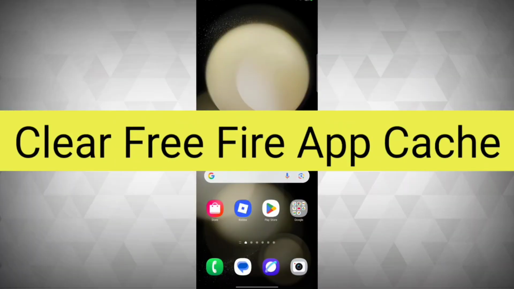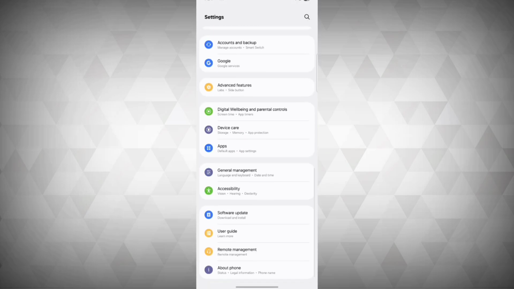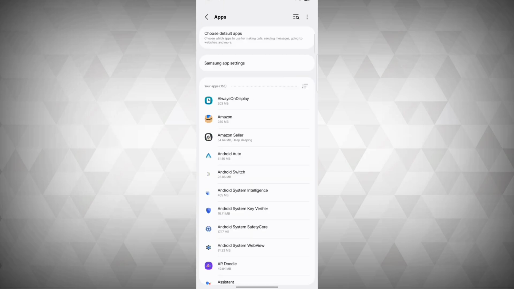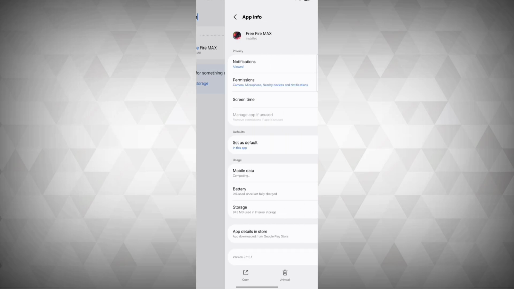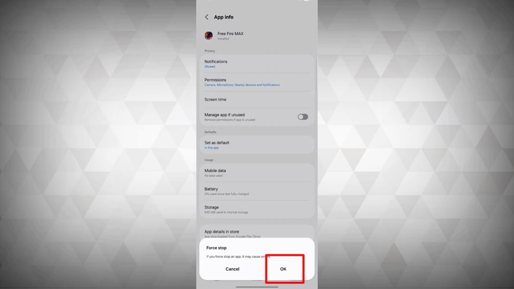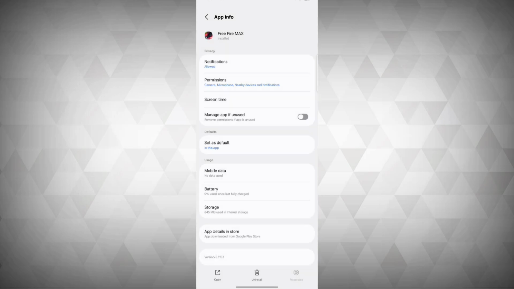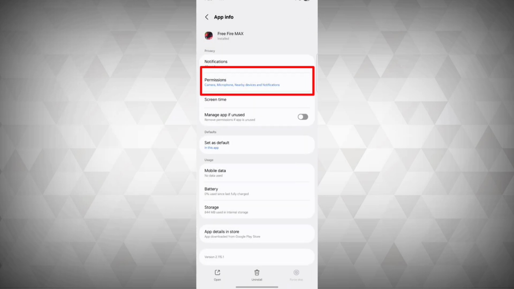Go to settings, scroll down, tap on apps, search for Free Fire, tap on force stop, click OK, go to storage, click on clear cache, go back, go to permissions